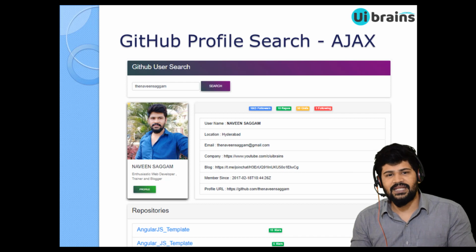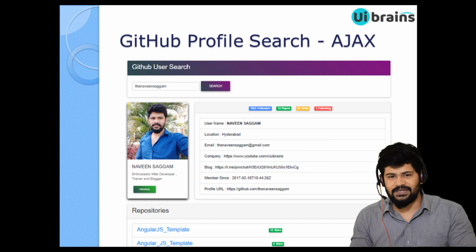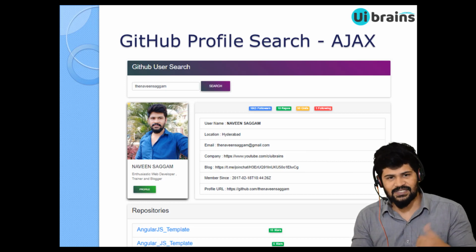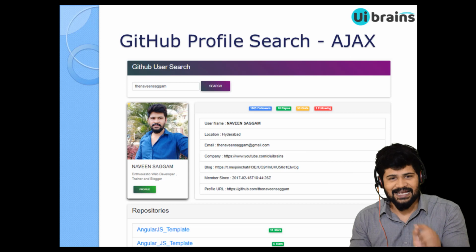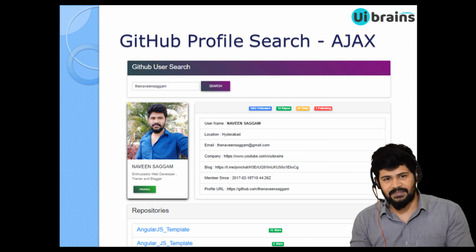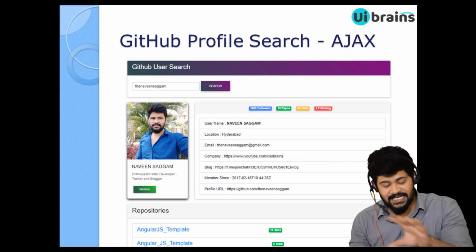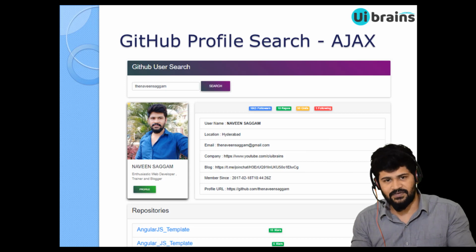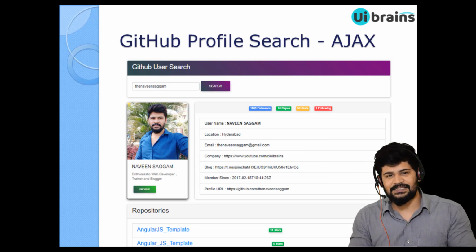And next, the very important application I want to show in this tutorial is GitHub search. Everybody will have a GitHub account, right? So in that we're gonna use the GitHub API. Okay, so how to make an Ajax call to the GitHub API, and whenever I enter a person's GitHub user name and click on search, actually I have typed my name, it shows the person's photo and his name and his profile and all his details, his biodata, and also his repositories. I am not showing all the repositories, but here you can show all the different repositories which are already available for this person. So this is again Ajax.